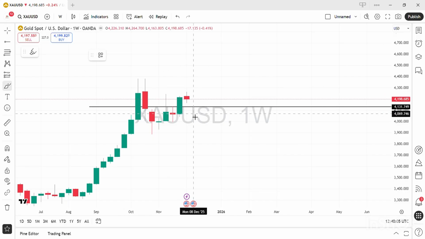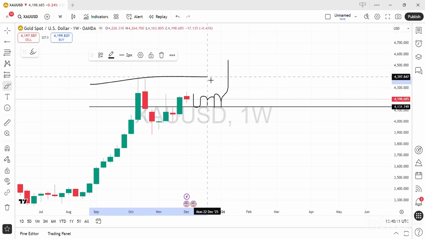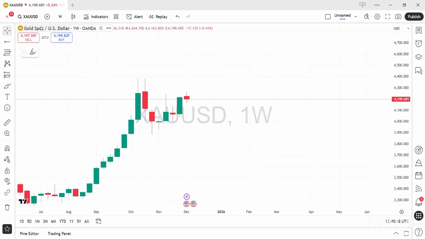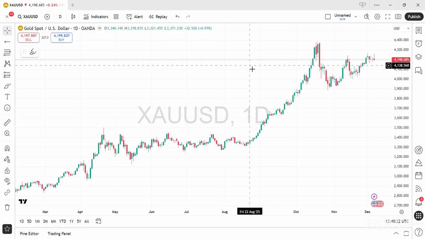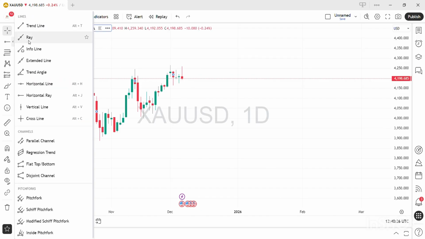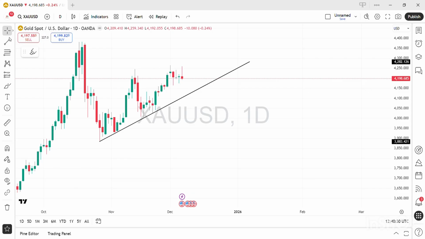Now gold can retrace towards this trend line and then move away, then its first resistance level and maybe new all-time highs. Okay, so this was according to the weekly time frame. Let's move to the day one chart. In day one, we can find many precise movements of gold. First of all, the lower trend line area, and second, again the higher trend line area.